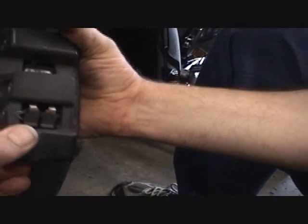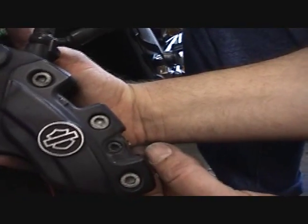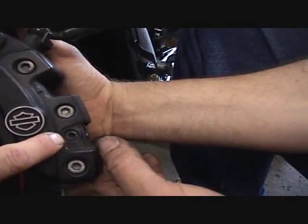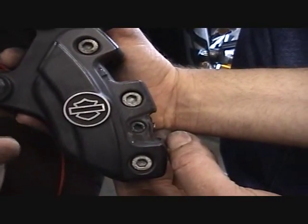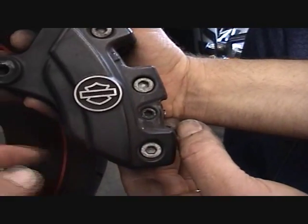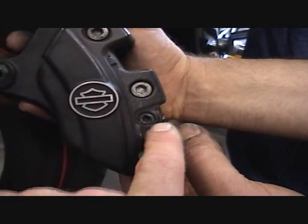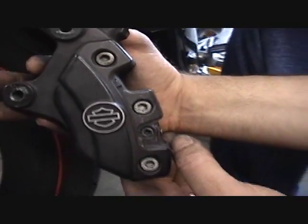There's your spring. Alright. What I want to do now is turn this over just a little bit right there. Now as you can see, you have this little bolt right here. That's your brake pin. Once you put your brake pads back in there and you get them pushed in on the springs, then you put in your brake pin and that will hold those in. Okay? So now what we're going to do is rotate this thing over,